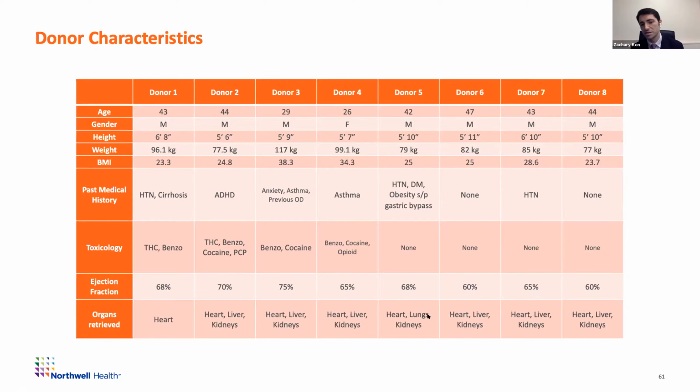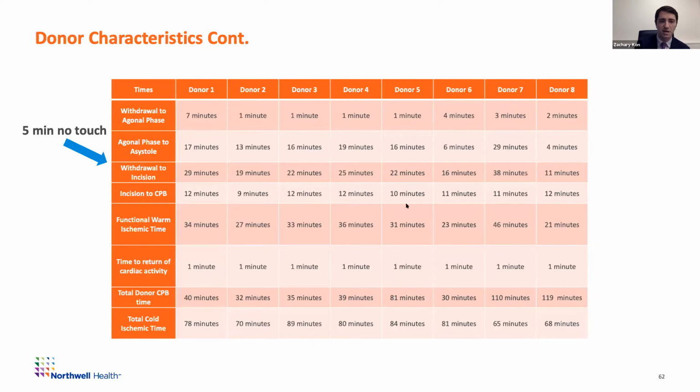And we never had a single issue with the other team being upset or trying to rush the process or frankly being anything but collaborative and collegial. So I think that's been a really good testament to the ability to control how these cases go. This fifth donor was that heart-lung donor, which we'll talk a little bit more about in just a second here.